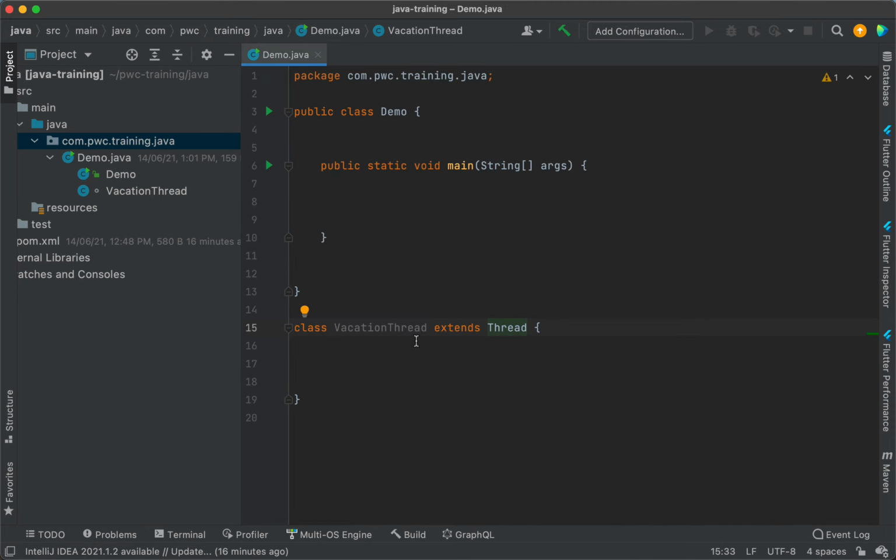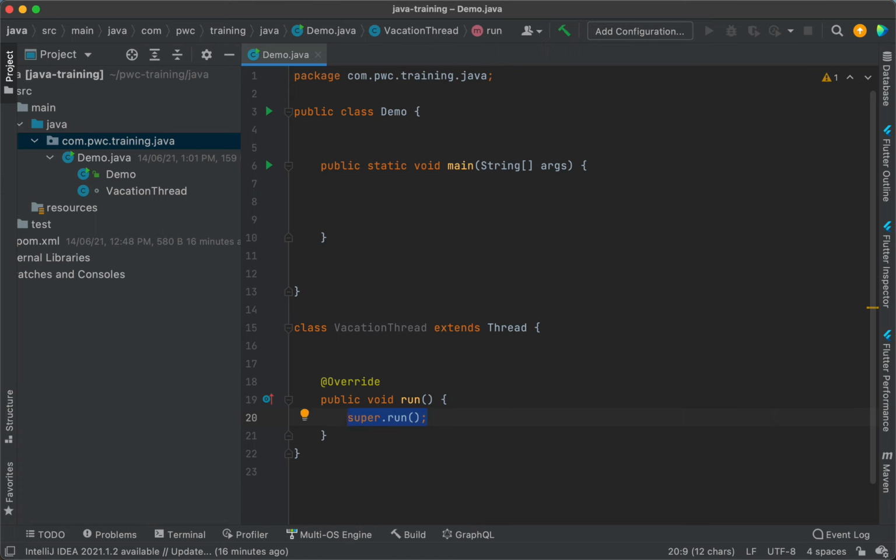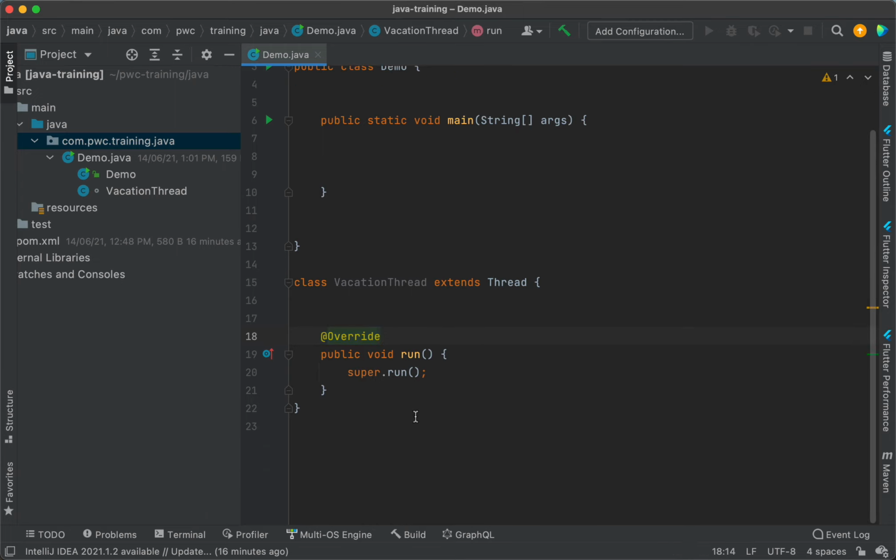I want to override this behavior, so I will write the run method here. You remember I said, let's say if my father has got the feature of saving, I will also have the feature of saving, but I can override it. I am overriding this automatically, using the hotkeys of this IDE, which does that automatically. Okay, and you see there is an arrow here. This IDE is very smart, very beautiful, very elegant, state of the art, right?